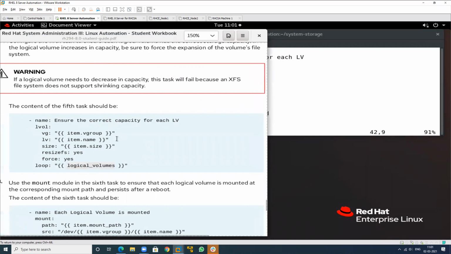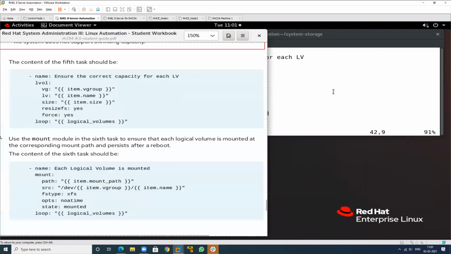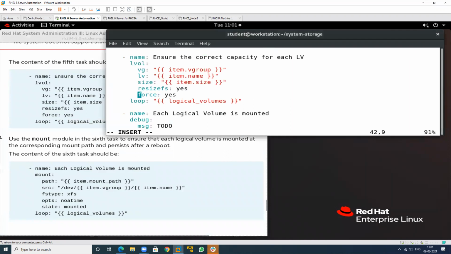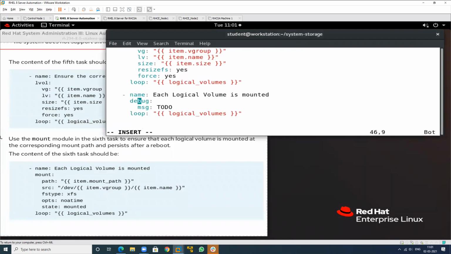Then what is the sixth task? Just mount. Go to the sixth task. Remove this, because we have to mount and use the logical volume.